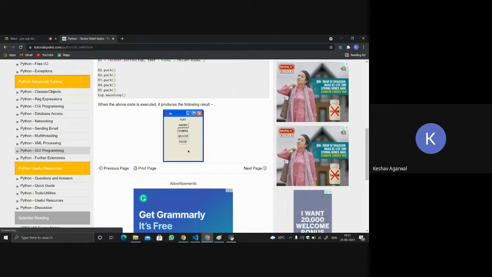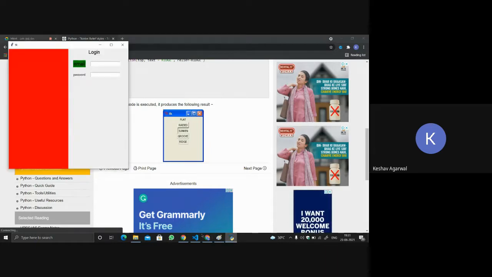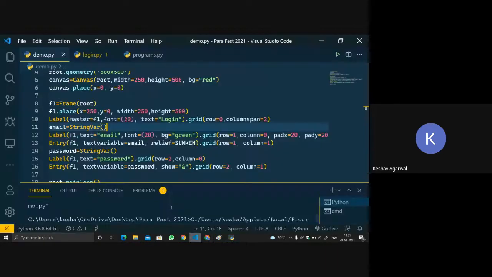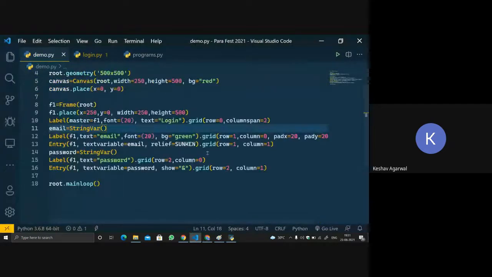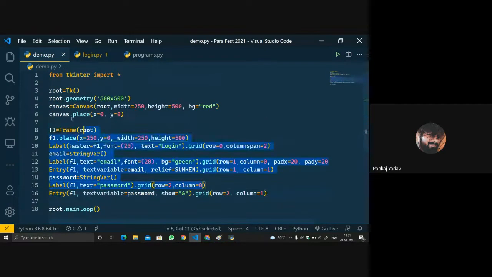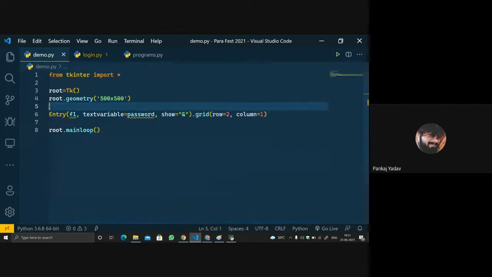Okay, let's try all these types with buttons, because it will be easier to understand. Okay, so let's move to our code. We have already used sunken. So till here everything is clear. We will add some buttons.